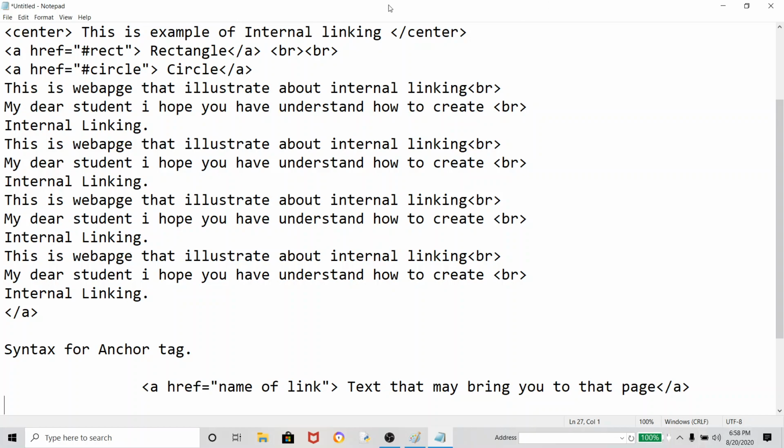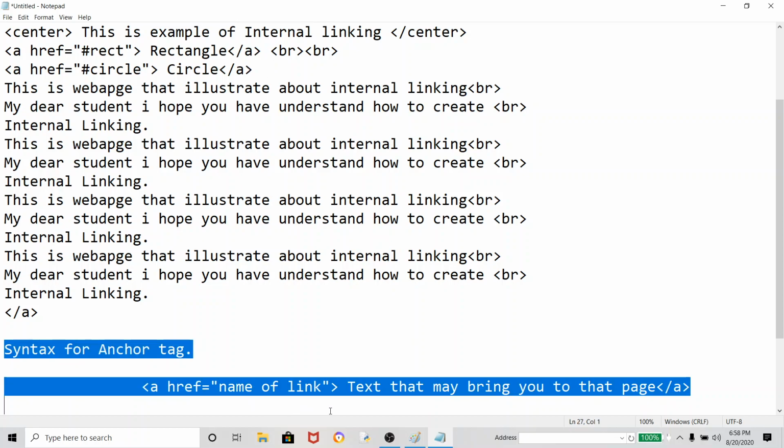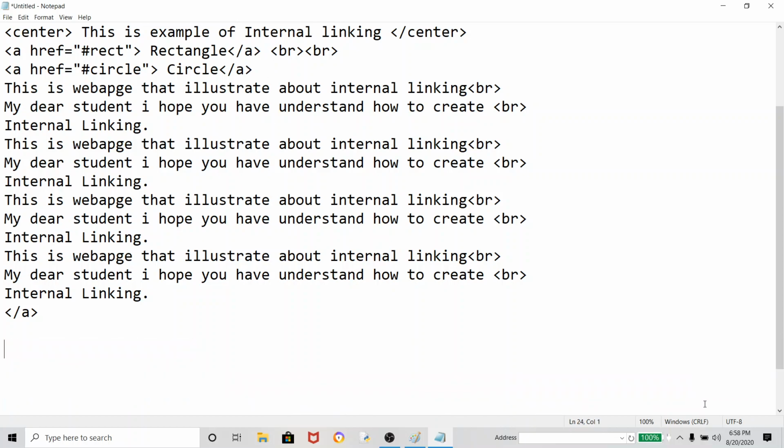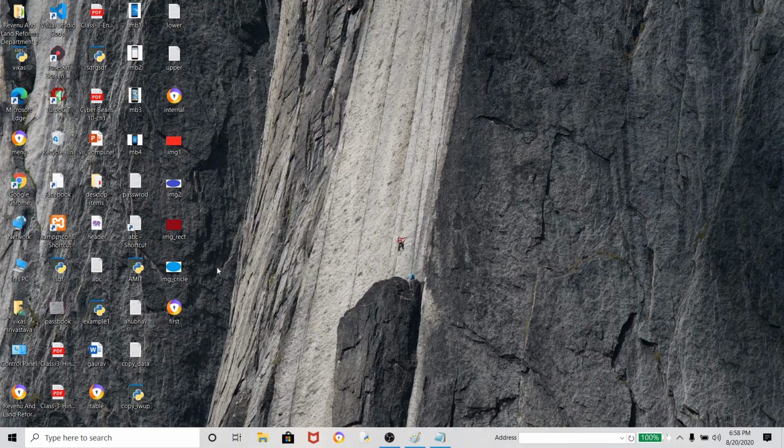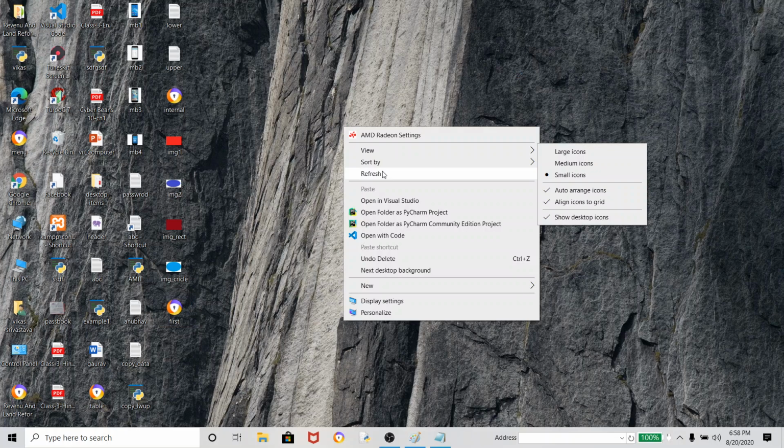For my example, look here, okay, I will show you. Look here, I am not closing a, both a I am not closing. So what you get is, all the text is linked. So first dot html, look here, let it open first, it may take a little time.